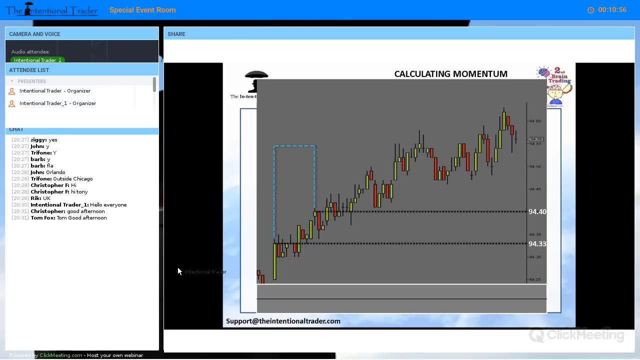Or the closing price. So the price of this bar was 94.40. The price of the bar 10 bars back, 94.33. All right? So we're going to subtract those. And that comes up to a plus 0.07. Well, that now gives us something to plot. All right, this is our zero line. So we have a point to plot